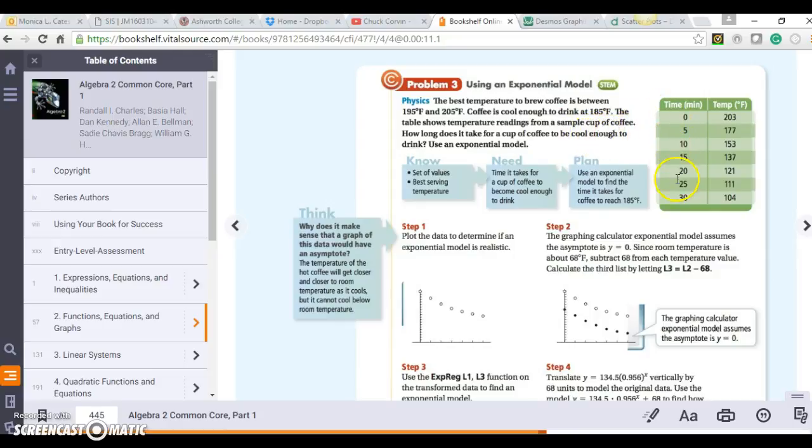So here's a sample cup of coffee, and after 0 minutes it's 203 degrees because that's when it's best brewed. And it goes on. So after 5 minutes it's 177, 10 minutes is 153, and so on and so forth. After 30 minutes is 104. It says, how long does it take the cup of coffee to be cool enough to drink using an exponential model? So I do have access to the calculator that they have, but I'm going to